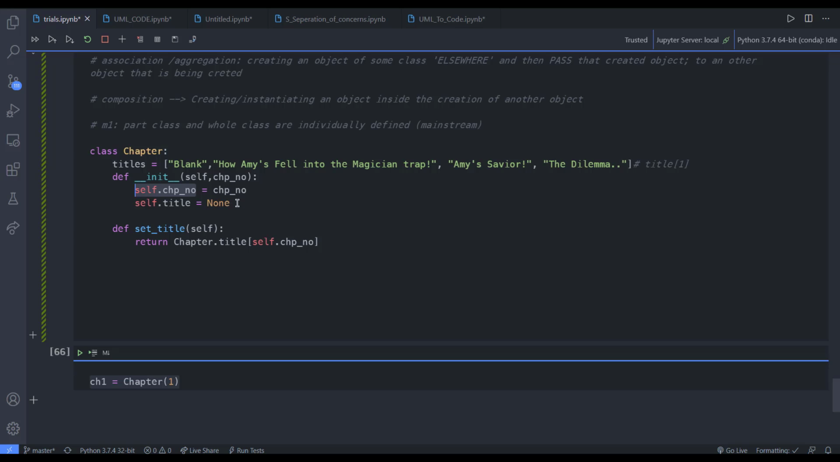And then we can call set title like that, right? So that set title is going to be called whenever we create this object. All of these lines in the constructor are going to be executed. The first line is going to take the chapter number, as we said, and save it inside the instance variable